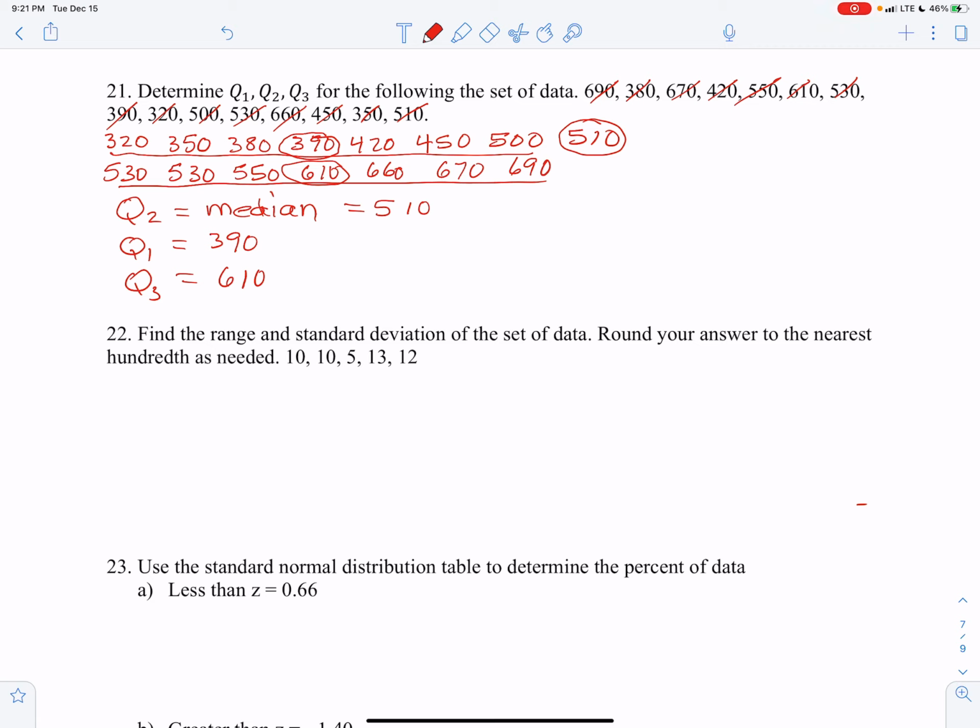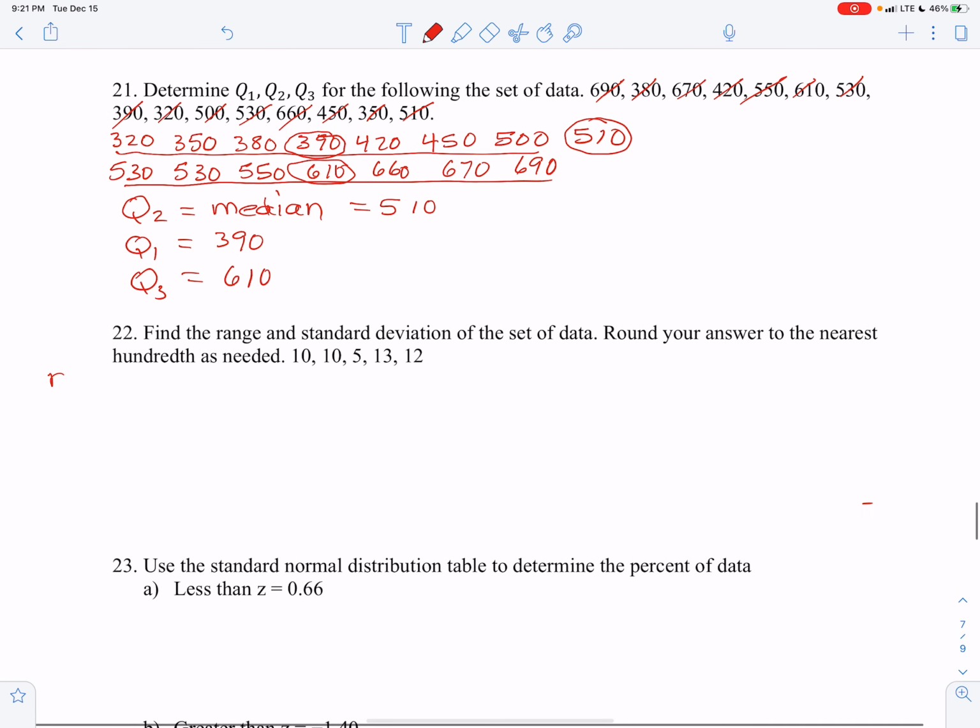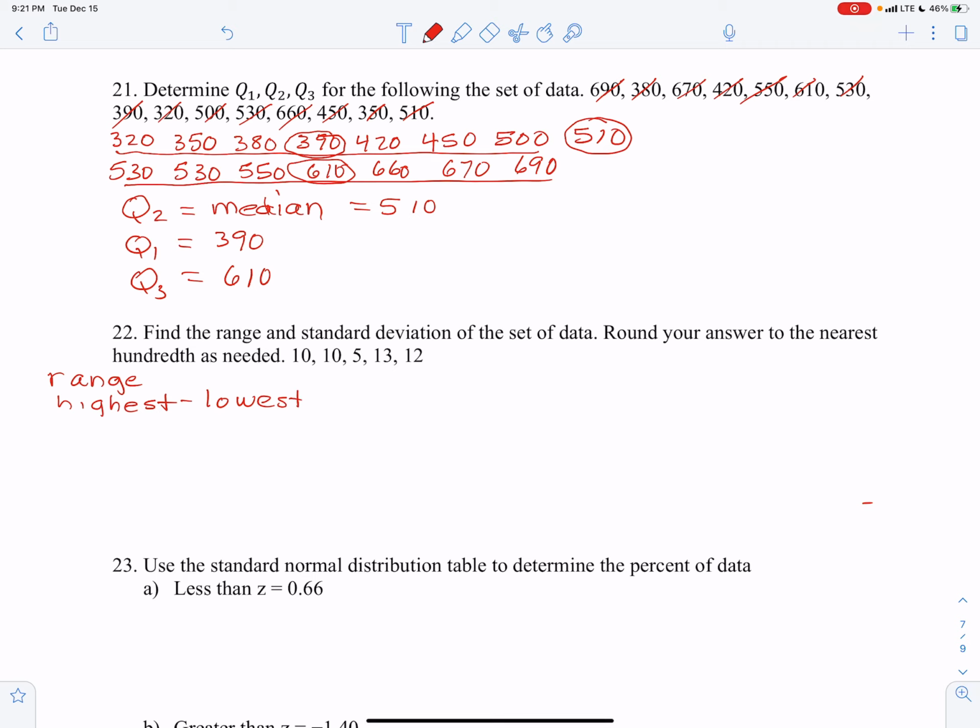We want to find the range and standard deviation of the set of data. Okay, so for the range, that's just the highest value minus the lowest value. So in this case, our highest value was 13, our lowest was 5, so our range is 8. Now to find the standard deviation,